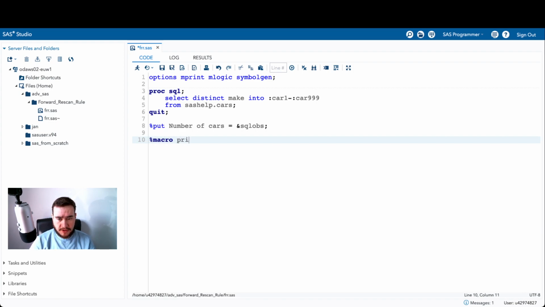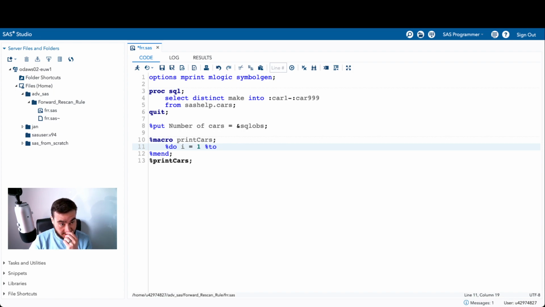So I'm just going to make a very quick loop here, and I'm just going to put some code in here that says do I is 1 to 2. And don't forget, if you're dealing with macro stuff, the keywords have to be preceded by a percentage sign every time. So the do, the to, the end, that all has to be preceded by percentage signs. And so we're going to go from 1 to the number of observations that we've just seen goes